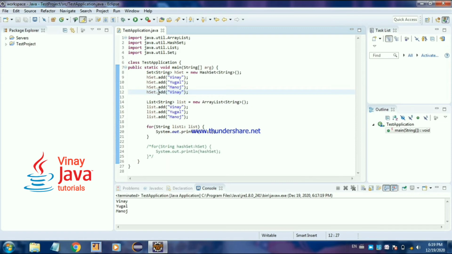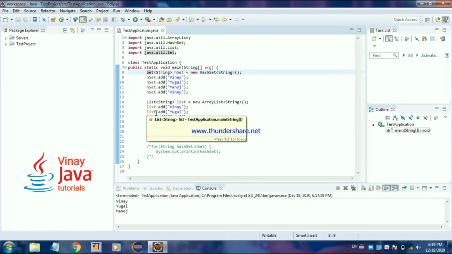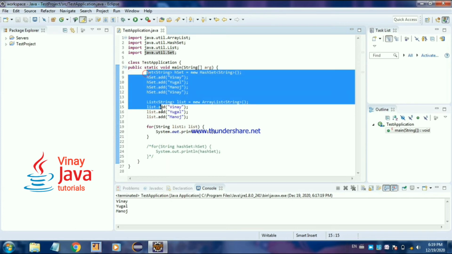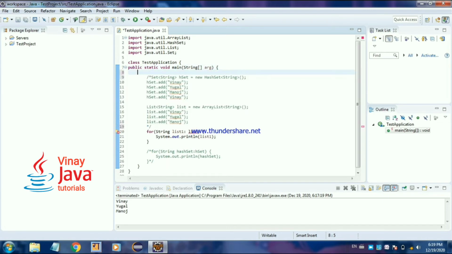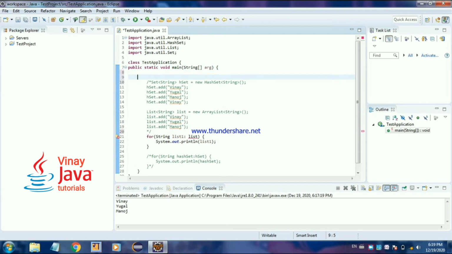Let's create the tree set also. Let's comment this for now. Let's create the tree set also. TreeSet, now the tree set object.